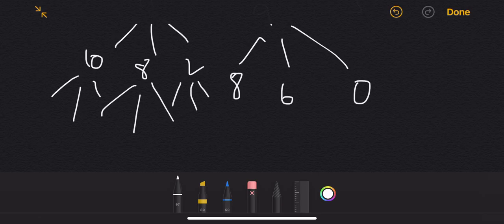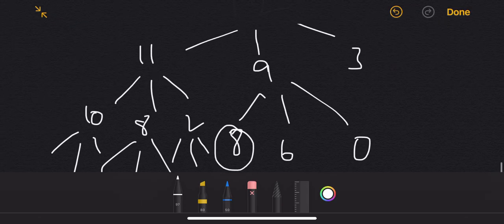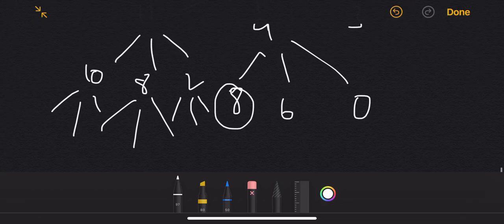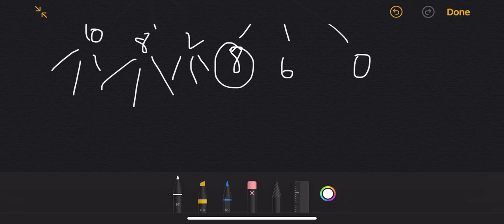But the problem is, after we split for 8, we are again going to split for 8. So this is unnecessary computation. What we can do is just reuse whatever value we find for 8, and then reuse it here to find for 9 as well. To do this we just have to memoize, which means when we are done with it, we are done with it, and we will not do it again. So for 8 we can store some value x, and whenever we see 8 we are going to use that x, because we have already done that.